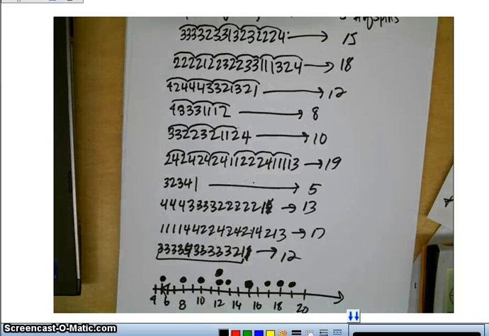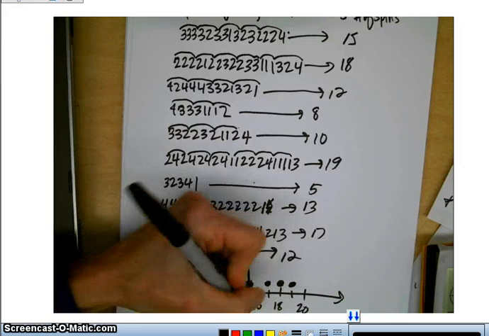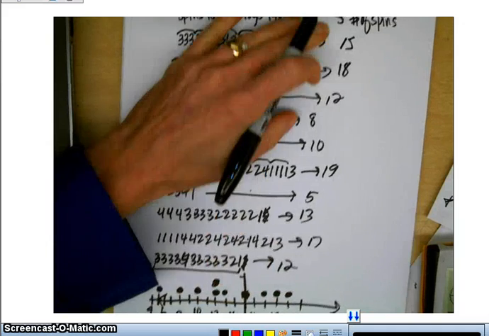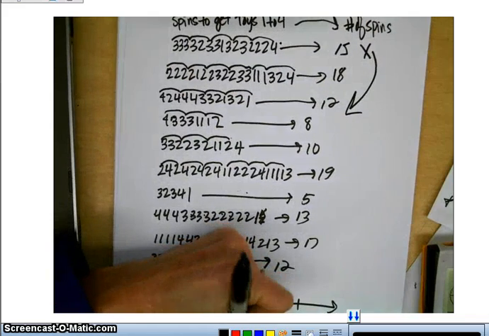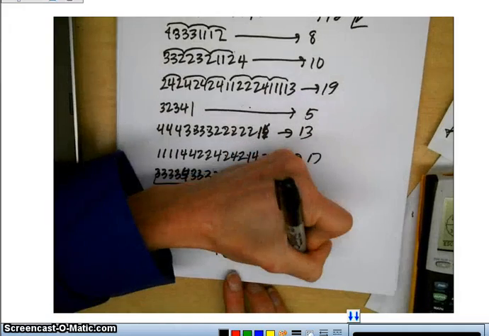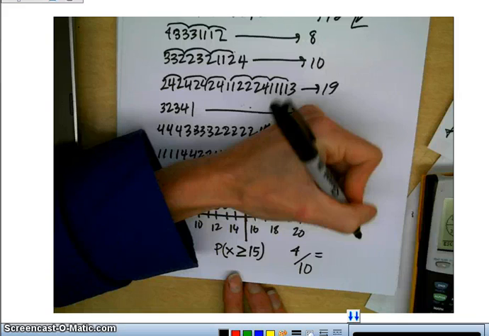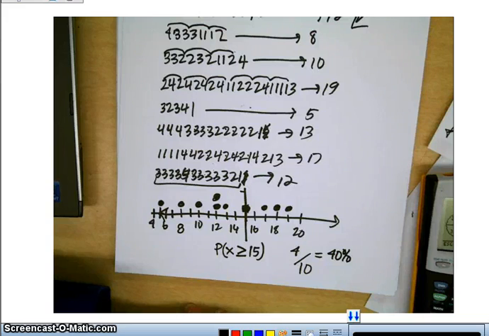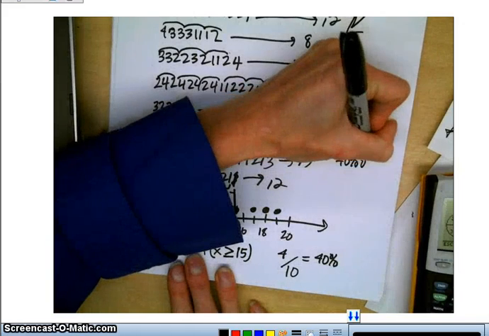They're kind of spread all over the place, but here's the deal. This is the desired number. We're looking for the probability that x, this being our x here, all of these number of spins being our x, the probability that x was greater than or equal to 15 boxes of cereal. So that's what we're looking for. So out of 10 trials, how many of these were greater than or equal to this? That was 4 out of 10, or 40% of the time I had to open 15 or more boxes by random chance. So this means that 40% of the time